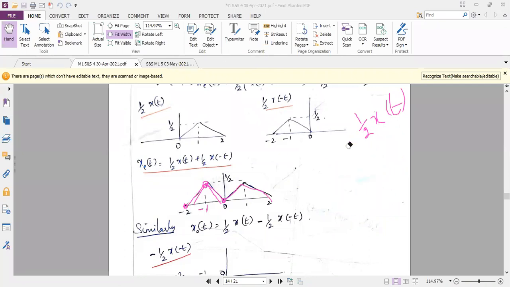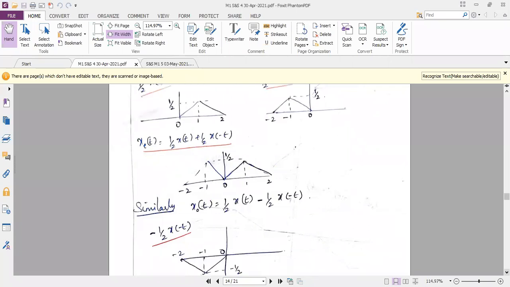Okay. So I hope you all have completed the even diagram, how to draw the even diagram. If you draw all the diagrams one below the other, you can easily analyze and imagine it so that you won't get any confusions. So the next thing is I want the odd signal. You know how to do the odd signal. You should know the formula. Already you people told the formula.